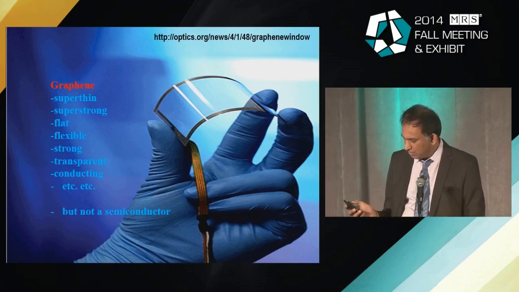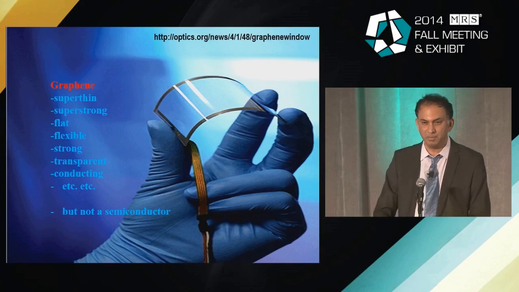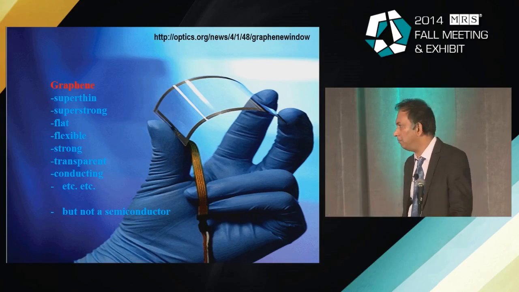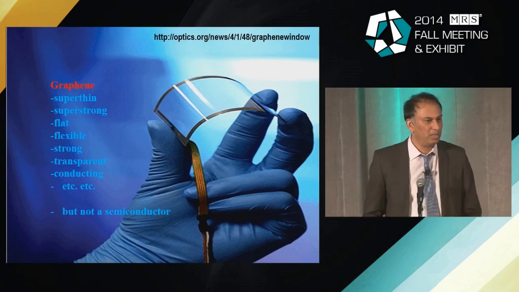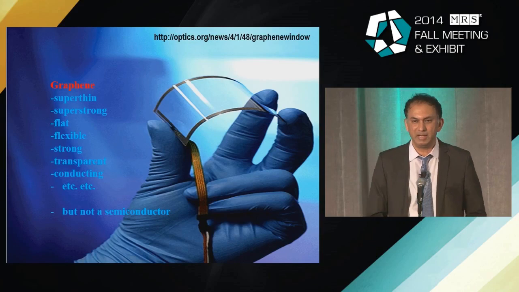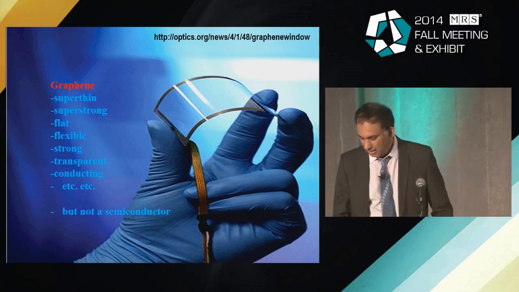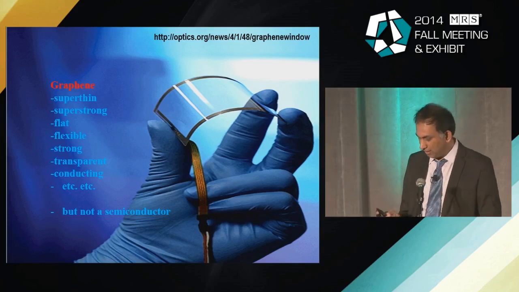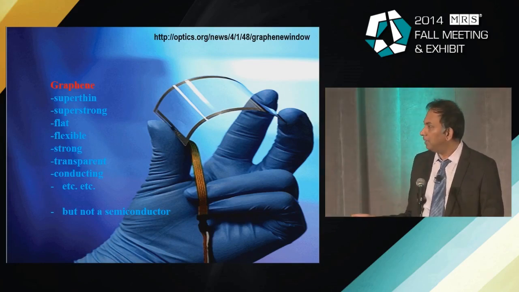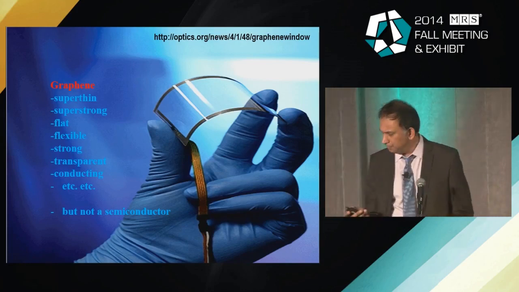Unfortunately, the one thing that it is not is a semiconductor. Right? So that is a real problem because it's a zero band gap metal. And a lot of work that goes into trying to create a graphene-based device is based on how you can introduce a band gap. Again, the perspective I'm going to give is not just for electronics, but if you look at electronics per se, then this is a real problem, and I think that we're still struggling with that particular problem.